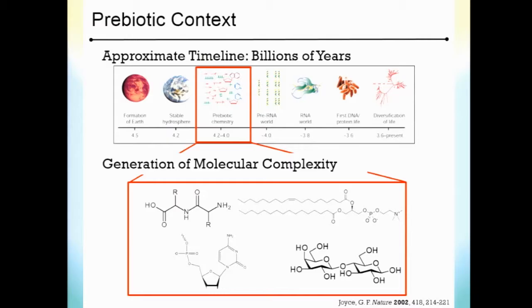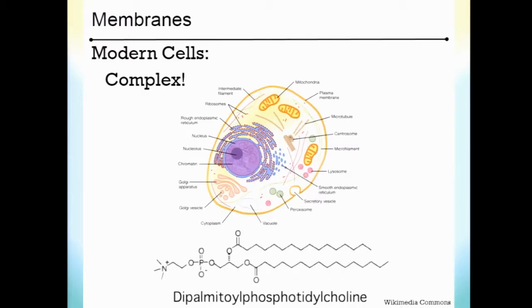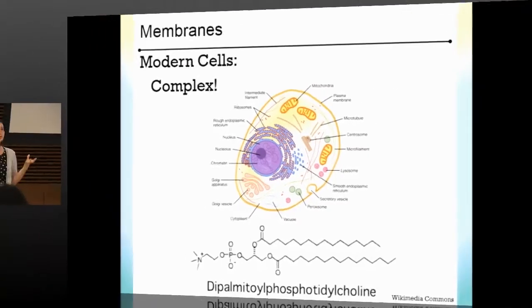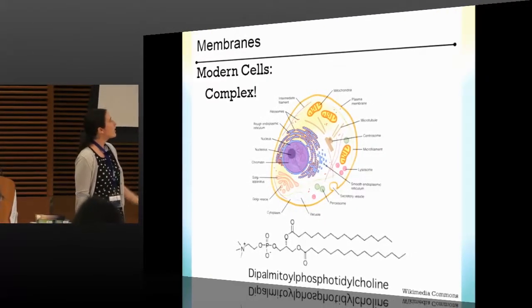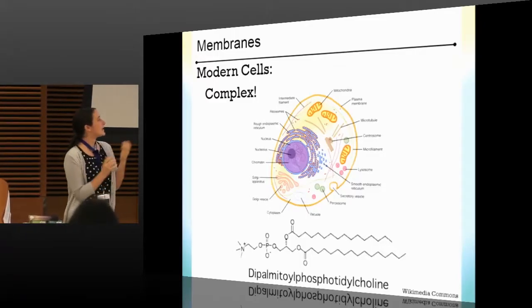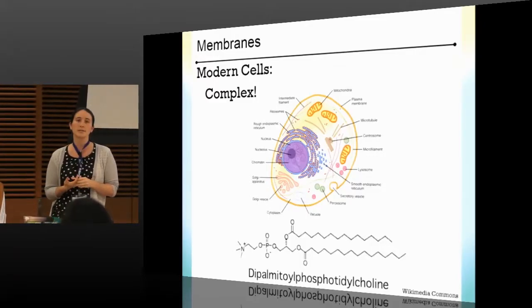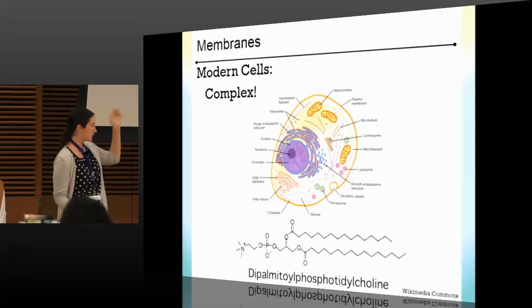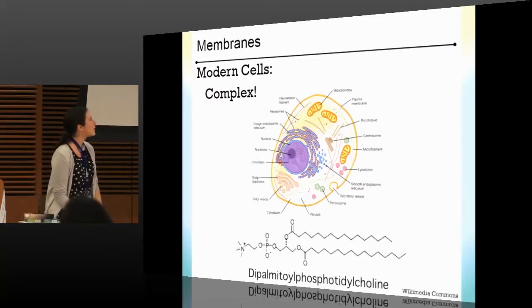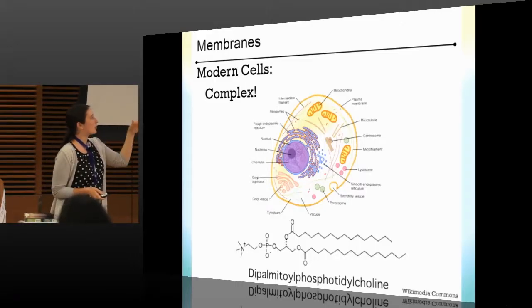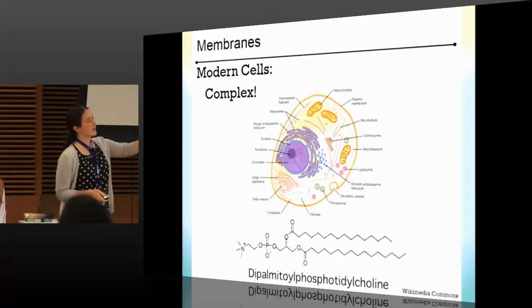proteins or RNA, but also, importantly, these membrane components. And so modern cells are really complex. And the membranes that compose them are also really complex. So in closures, we recognize that they're important for life. And modern cells tend to use phospholipid molecules as their membrane components, such as dipalmitoyl phosphatidylcholine, which is a typical lung surfactant. And so it's a really complicated molecule, but importantly, it's got a phosphate group and it has two